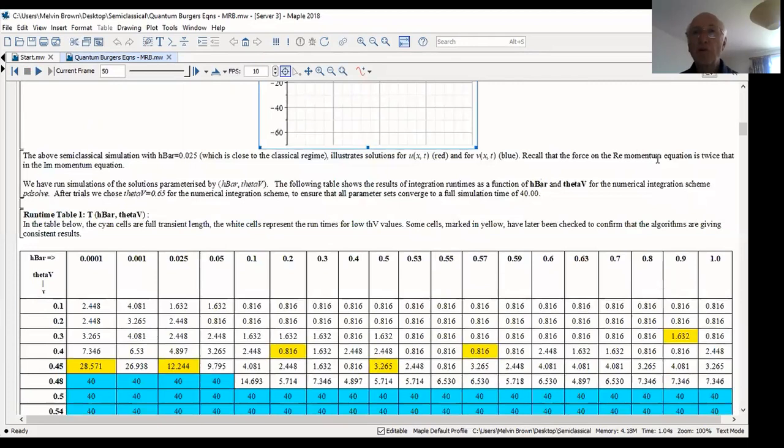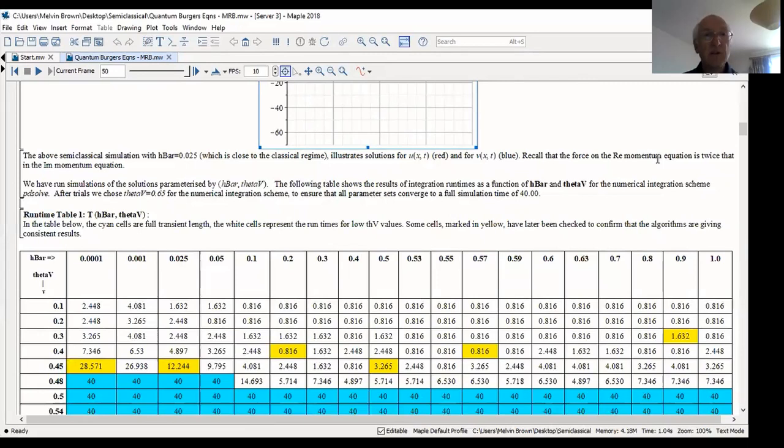Recall that the force on the real momentum is twice that of the force on the imaginary momentum. And so that was one example of a solution to the equations. We've run solutions for these equations in the domain of h bar and theta v. Now let's go back and remind ourselves, h bar ranges from 0 to 1, which is a scaling of Planck's